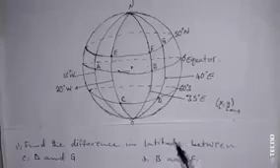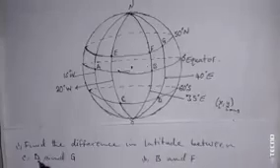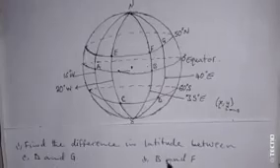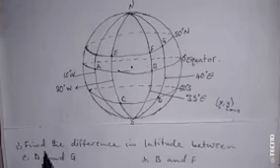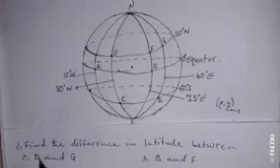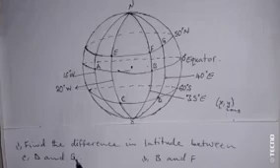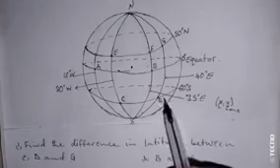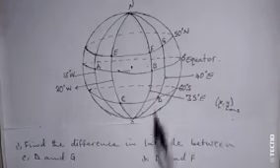The difference in latitude between D and G, and also B and F. So here, first thing, you need to write the points at D and also the points at G. Then we find the difference. So what are the points at D here? The points at D we have here, which is